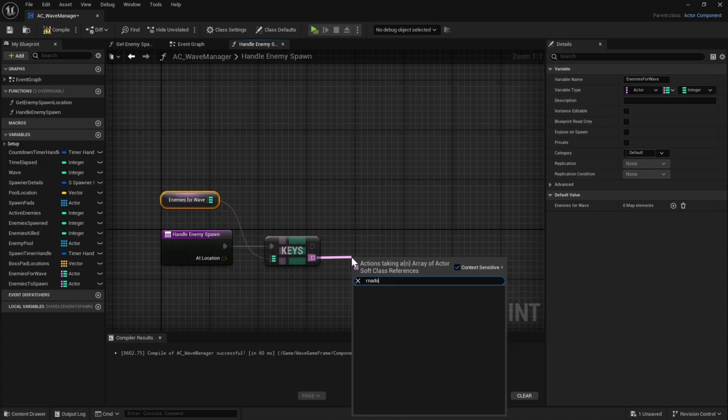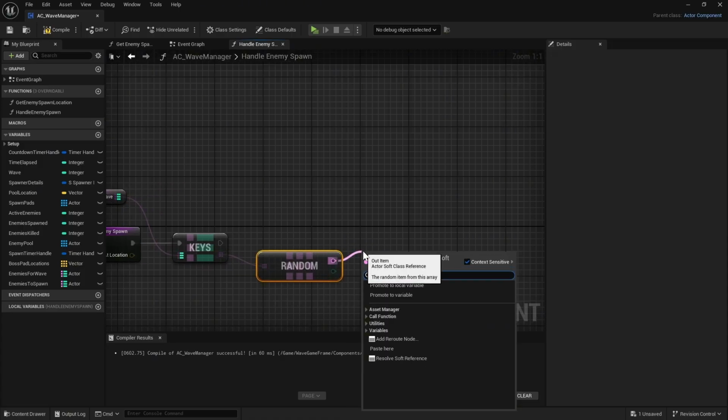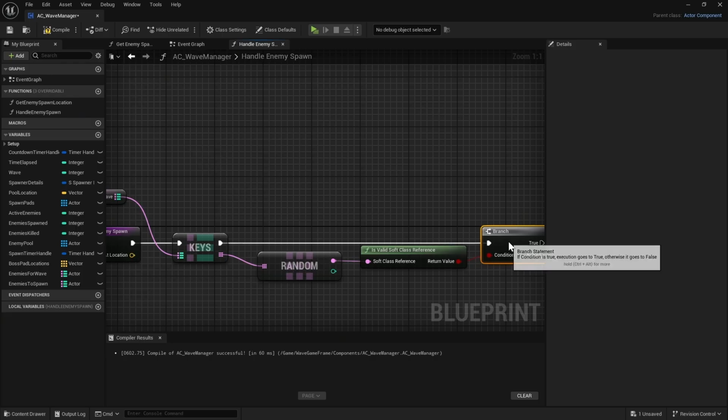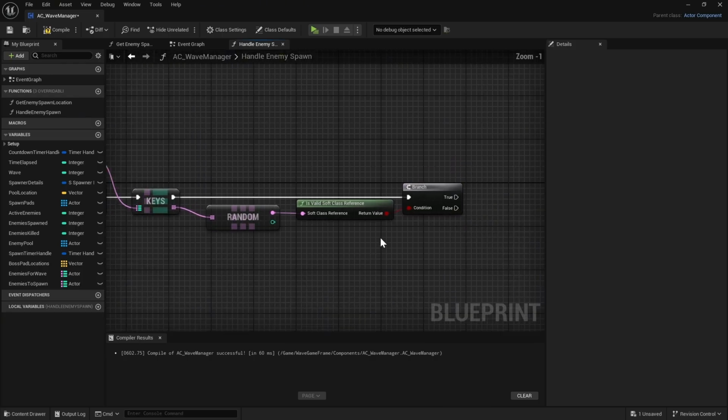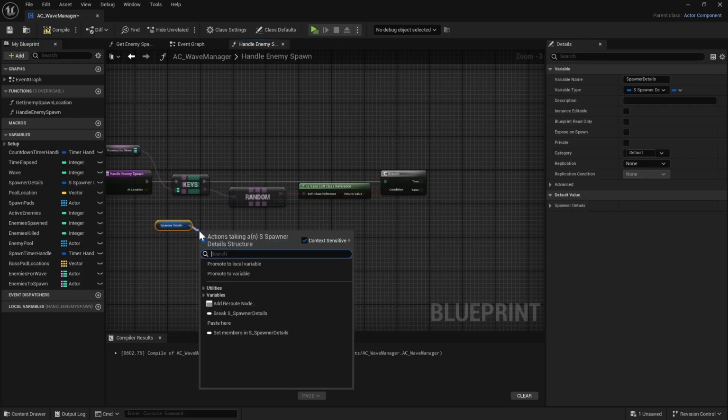We're going to get a random array item out of here, and we're going to see is valid soft class reference, because we want to make sure this is a valid soft class reference. If we try to proceed without this check, there's a non-zero chance we're going to get an invalid reference, and we might end up crashing out the game when we don't really need to, because we can handle that as a fallback right now. So to handle that as a fallback, we can take our spawner details, control drag that